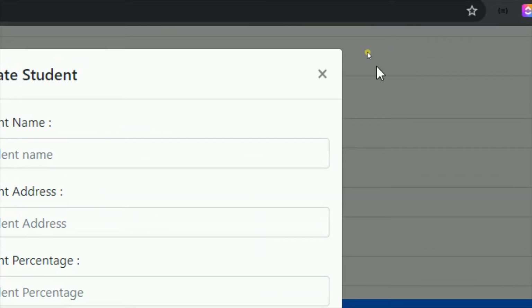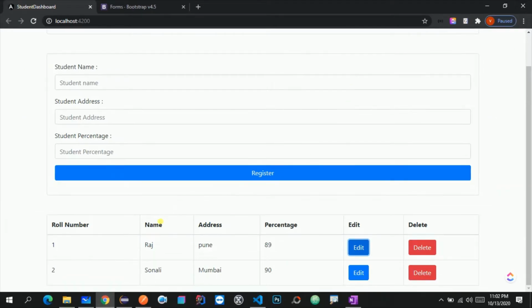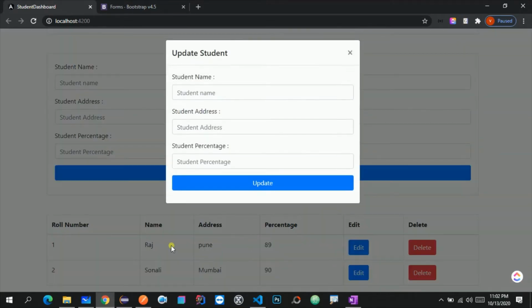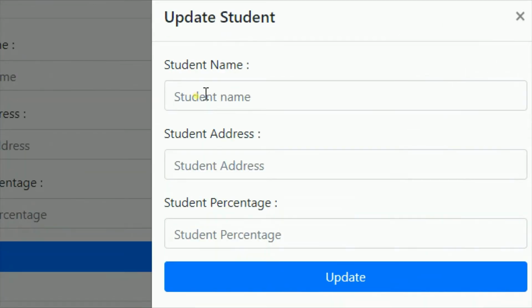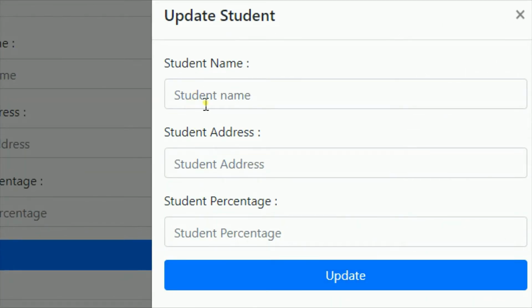What I actually want is that whenever I click on the edit button, the name, address and percentage must appear in these particular fields, so that I get the idea, like, yes, the current address is Mumbai, so let me change it to Kanpur, or to Lucknow.